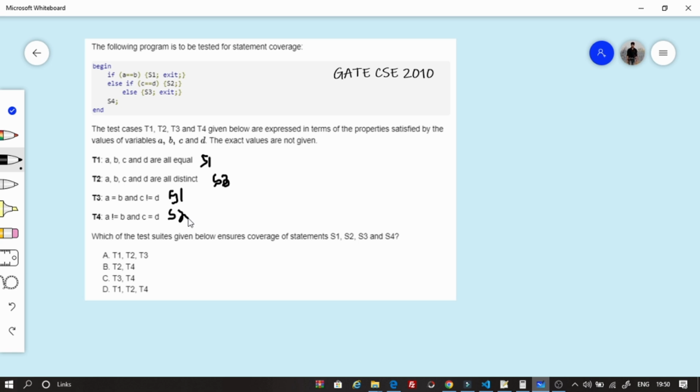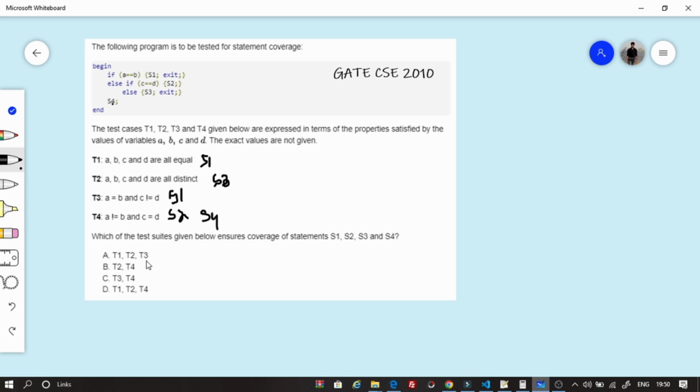Now because here they haven't given any exit statement, we will go further in the procedure, and at last this S4 will be executed. Okay. So this T4 will execute what? S2 and S4. Now let us check the options.